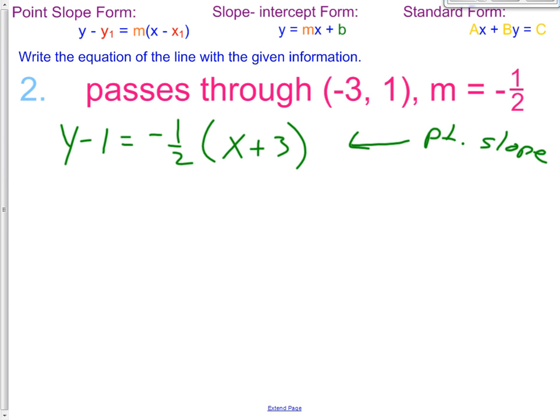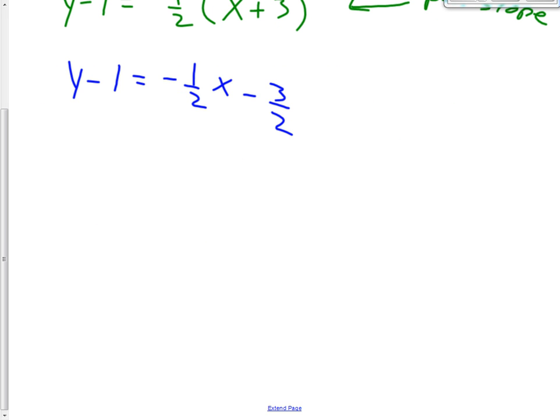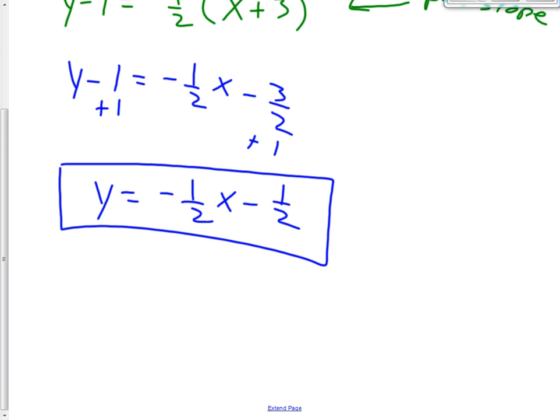After doing that, you should have gotten slope-intercept form. So let's distribute that negative 1/2. Y minus 1 equals a negative 1/2 x minus 3/2. So then we have to add the 1 to get y all by itself. Add 1 here, add 1 here. Y equals a negative 1/2 x. A negative 3/2 plus 1 is a negative 1/2. So this, class, should have been your answer for